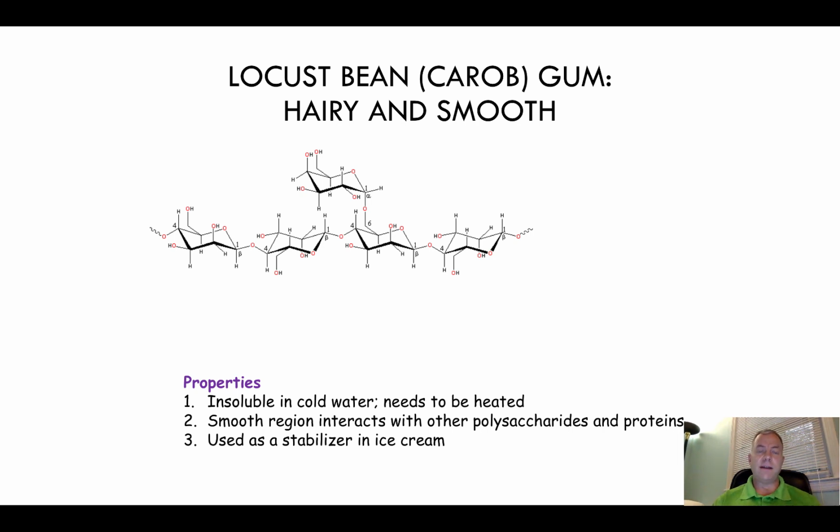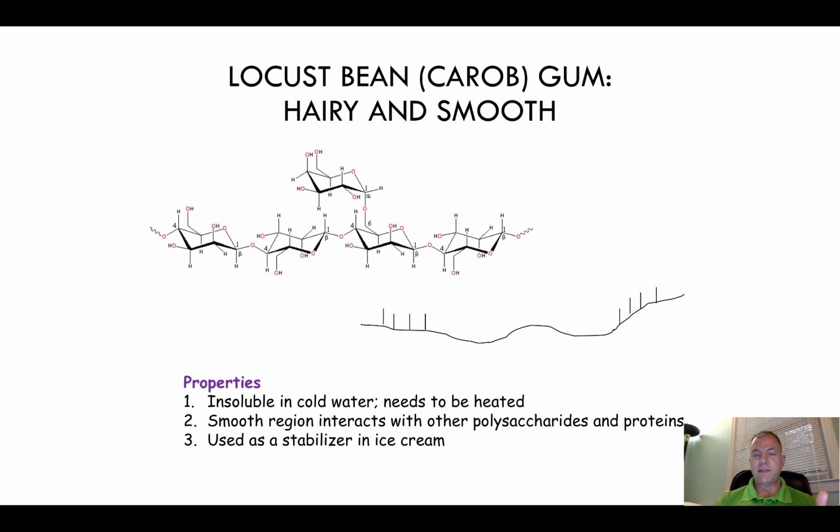This one, as opposed to guar gum, must be heated before it will be soluble, and the idea is that the smooth regions can interact with other polysaccharides and proteins. So you often see it in things like ice cream, because it will interact with the proteins in the ice cream and help stabilize it. So it's often a part of what we just generally refer to as stabilizers in ice cream. All right,